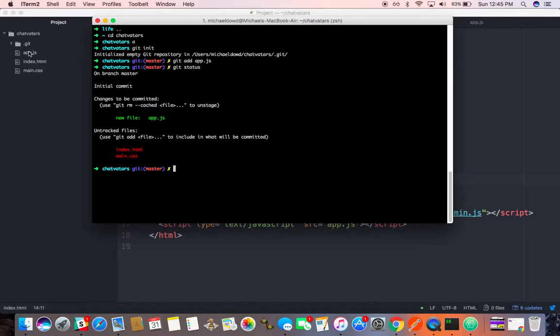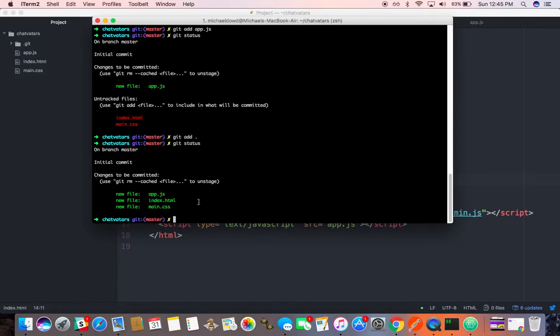But I want to do all three. So what I could just do is say git add space dot, and that says add everything that needs to be changed. And it did it. Now if I hit git status, it says I have 3 files that are waiting to be added to the repo. So I'm going to say git